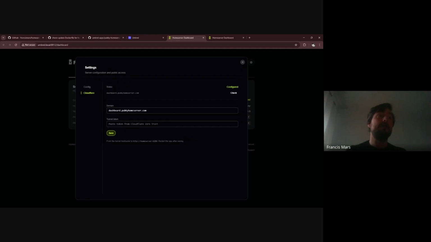So using Cloudflare, you can very easily set up the dashboard on the Cloudflare side. You can configure everything, and that's just copy paste your domain and your token that Cloudflare provides you. And after you reboot the home server, you automatically have